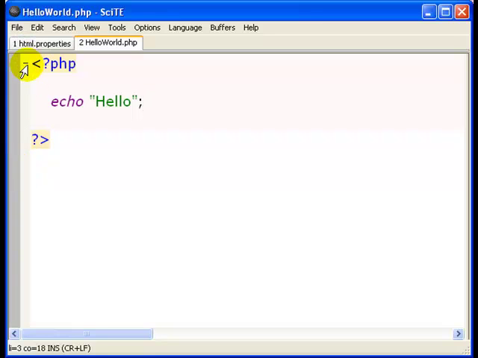Another nice thing about SciTE is that you can collapse pieces of code or fold them, so code folding it's sometimes called. So you can see this little collapsible, a little minus sign here beside the PHP at the top, and if I click that it just collapses that code. And that happens as well if we create pieces of code within our